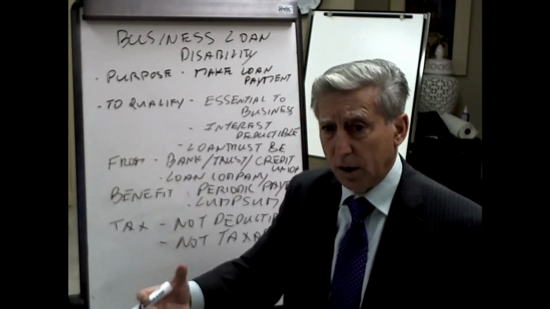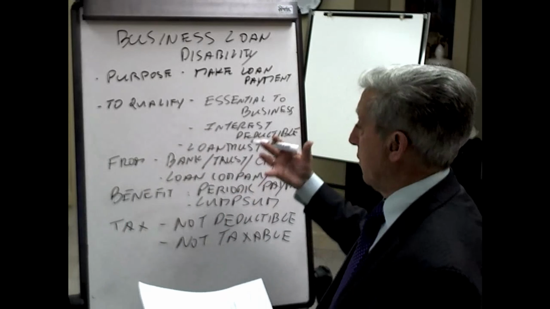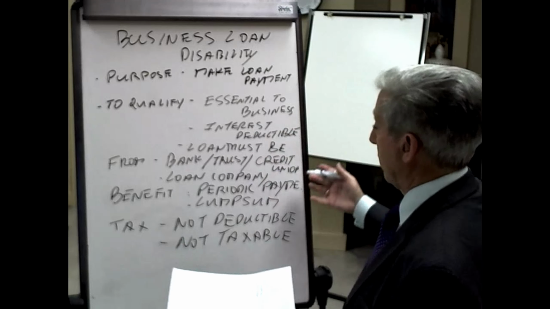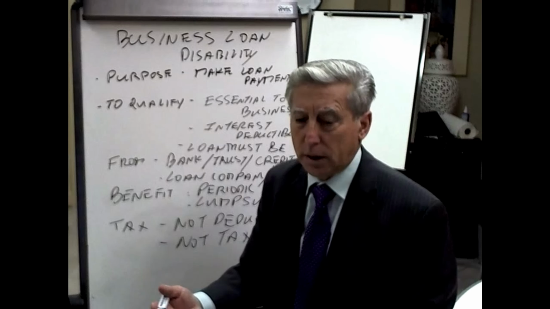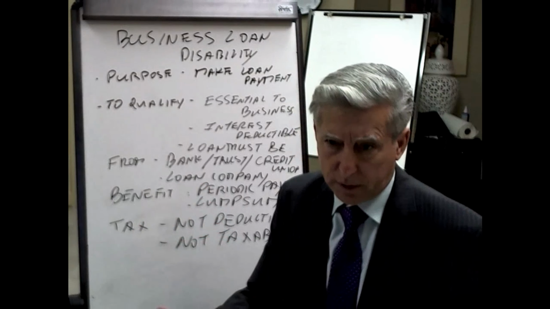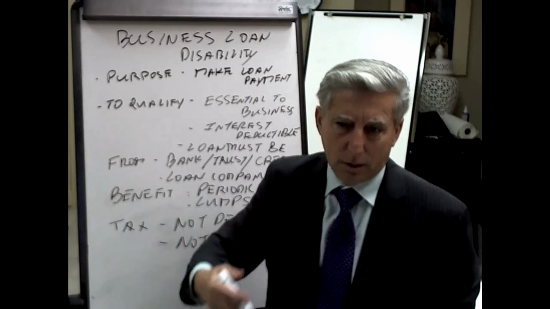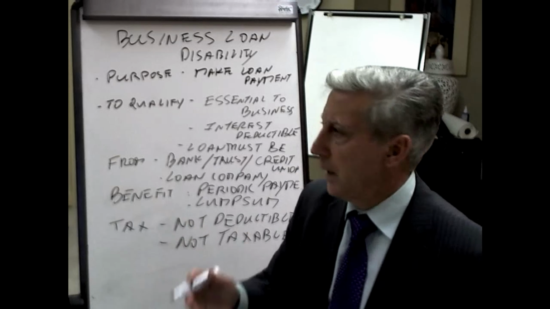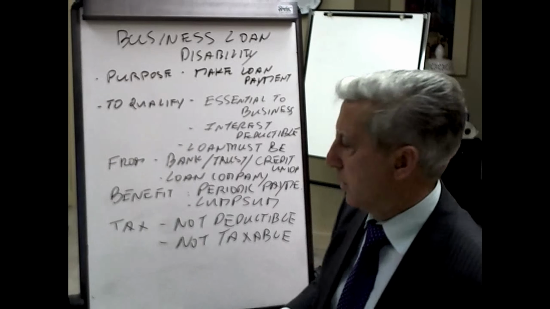So it has to be a legitimate loan from a legitimate organization, and the end result is obviously you go to the bank, you go to a trust company, a credit union, or a loan company. That's their business. That's what they do for a living. And so therefore, those are legitimate businesses. If you go to a loan shark, or to money laundering, all that stuff, or a friend to borrow money, this will not cover you for that. So it has to be a legitimate type of loan.